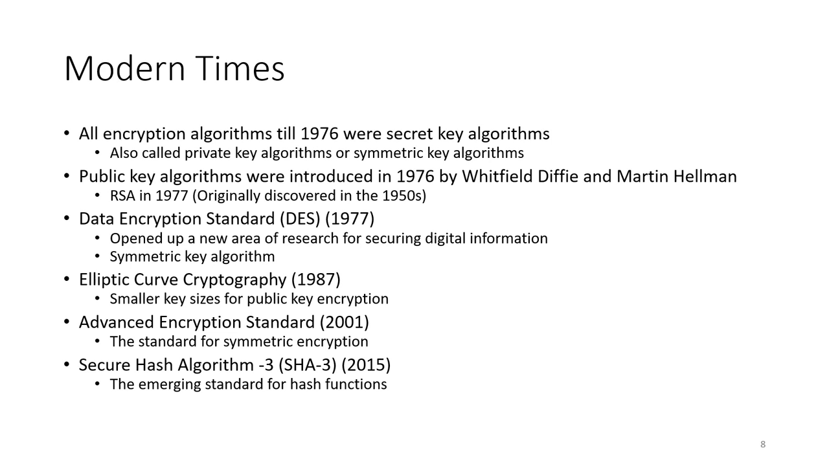In 1987, people discovered elliptic curve cryptography, which is a public key algorithm which uses smaller key sizes compared to RSA. In 2001, the data encryption standard, which was very successful, was replaced by the advanced encryption standard. This is AES that we talked about when we talked about 1Password. We talked about hash functions for storing passwords. The secure hash algorithm, the version 3, if you want to call it that, was published in 2015, and it's the emerging standard for hash